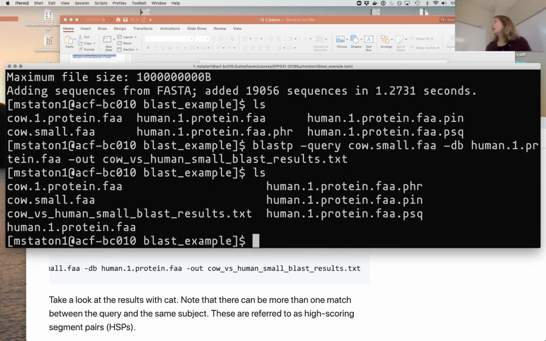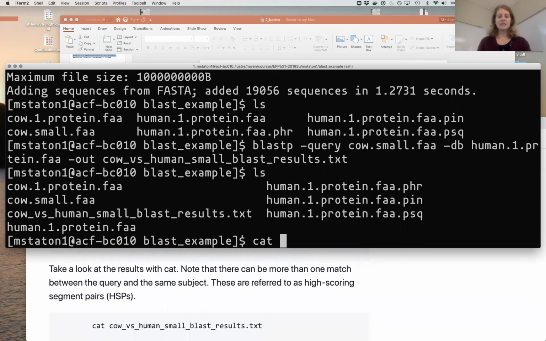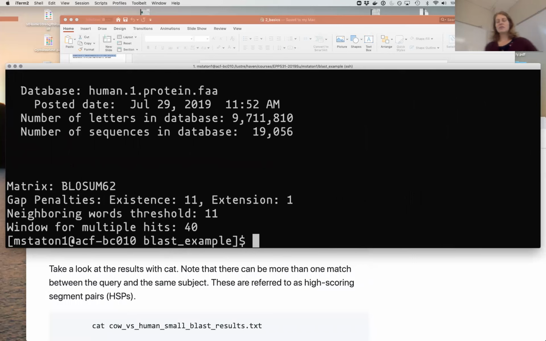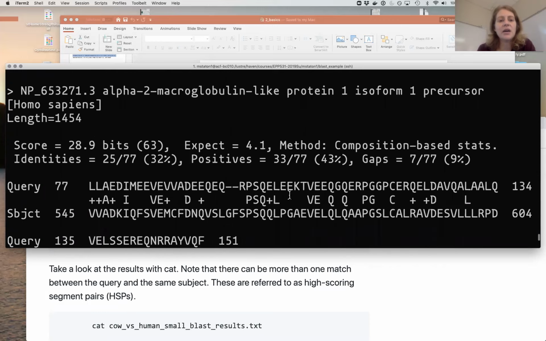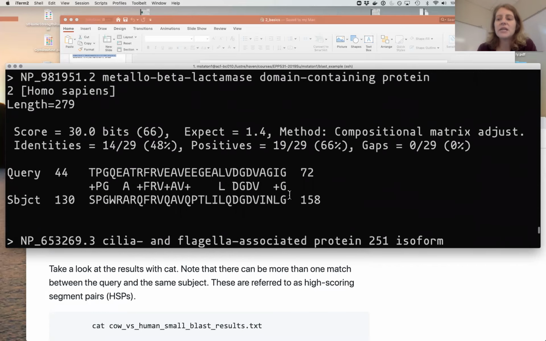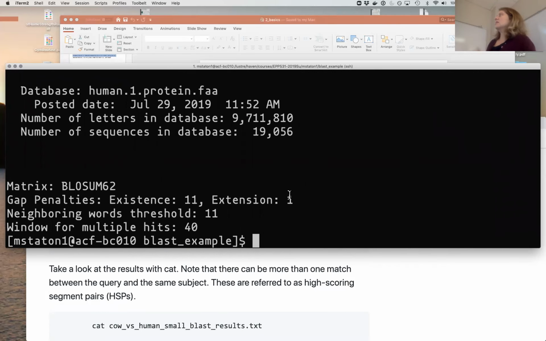Cool. Okay, so we can now go look at this results file, and I'm going to use cat. Now in this case, I only had to type up to cow underscore, because once I get to the underscore, there's no other files that start with cow underscore. And so once I hit tab, it'll finish it out. Okay, so that's going to spit all of that to the command line. And you can scroll back up, and it's lots of information. And this is a perfectly fine way to look at a file, but let's learn a slightly better way to